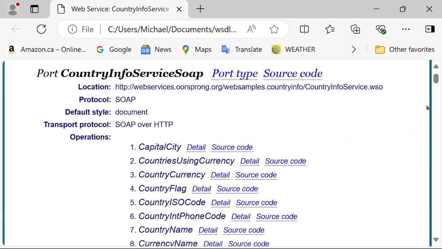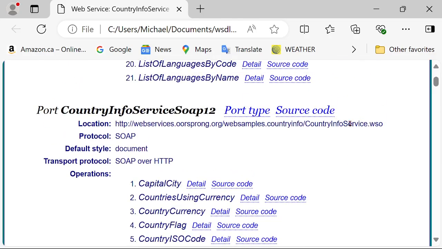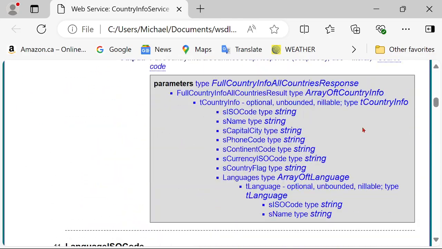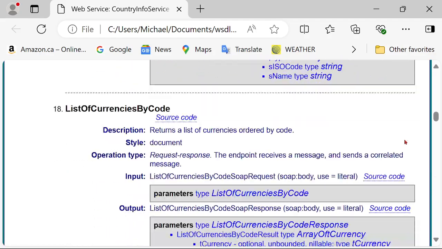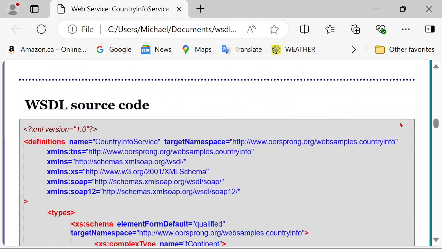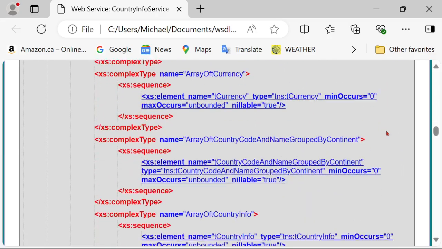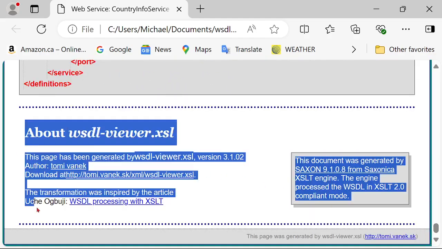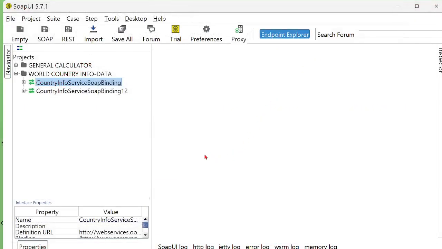All the operations types. As you can see, it's bigger in size than the previous one. Each operation with source code. The WSDL source code itself, if you need one. And finally, the corresponding information right here. Okay, now,